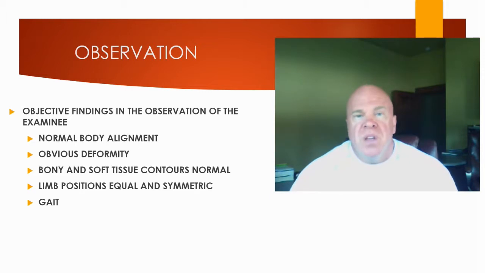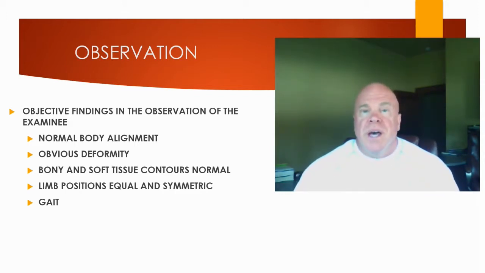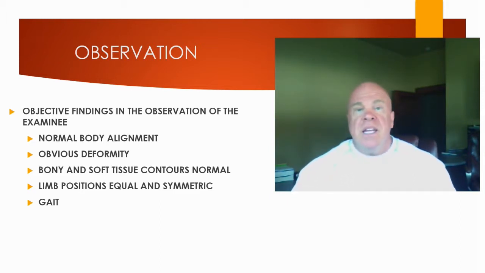For example, if you draw a plumb line down the front of the examinee, or if you draw a plumb line on the lateral aspect of the examinee, of course, the shoulders should be level, the hips should be level. There should be no obvious deviation from a central plumb line, either from the front or from the side. From the side, the external auditory meatus should line up over the acromioclavicular joint, which should line up over the lateral malleolus of the fibula bone. And any deviations from this normal body alignment could constitute a true positive objective physical examination finding.